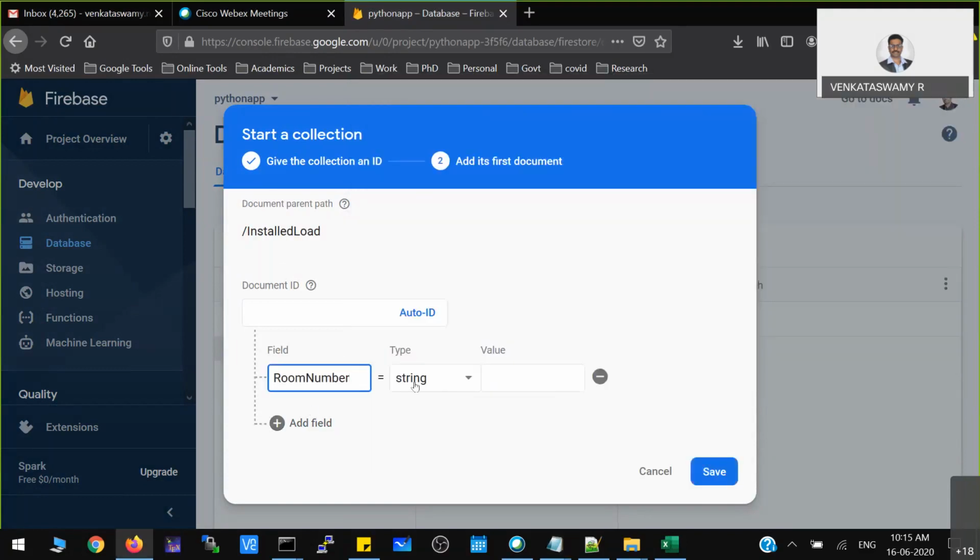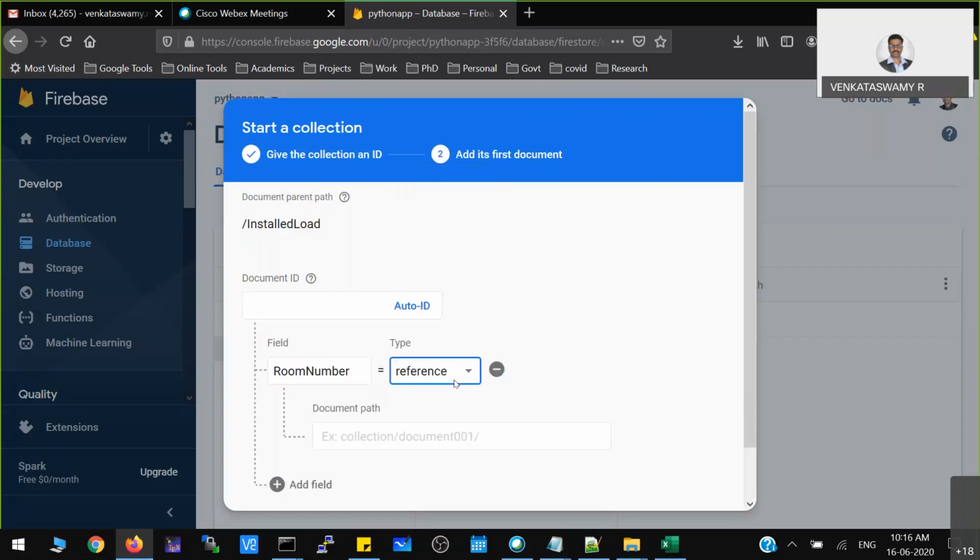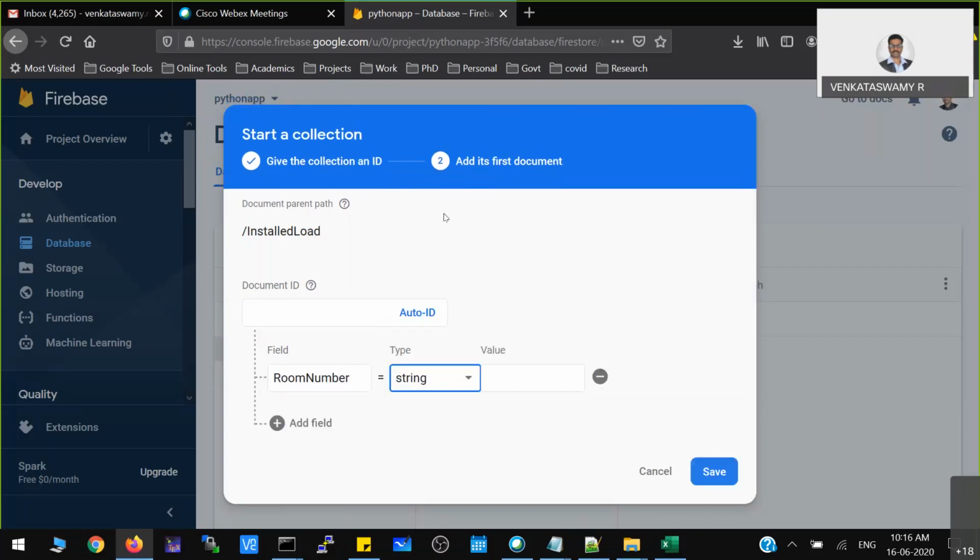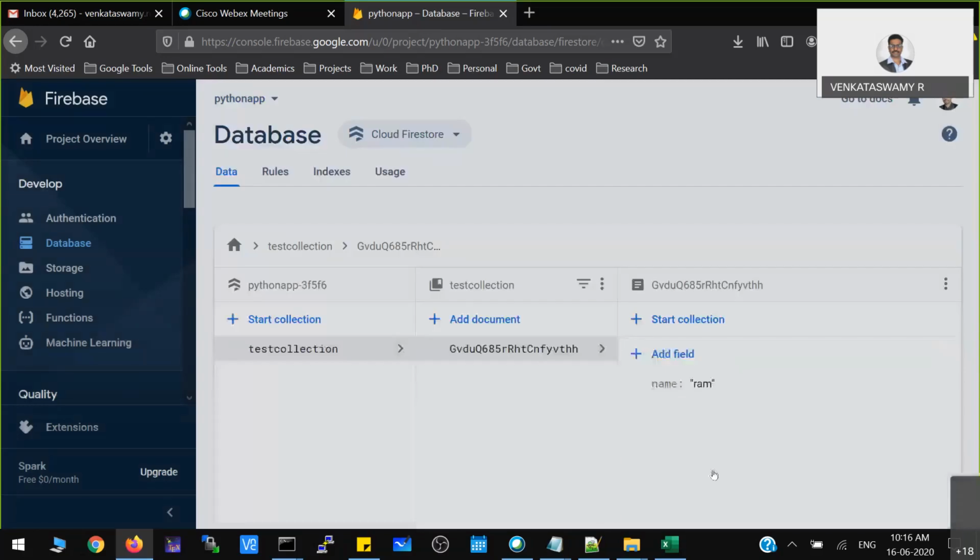Okay, so this is your room number. Value is 201. It may be string or it may be number. You can consider any variable. It doesn't matter. Now I'm just considering 201 and I'm saving.